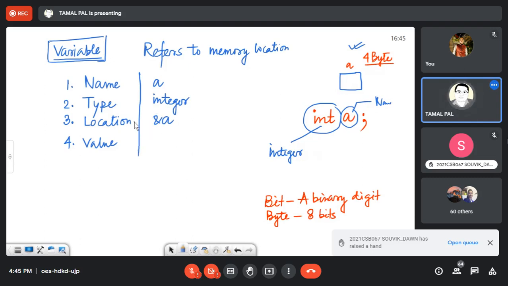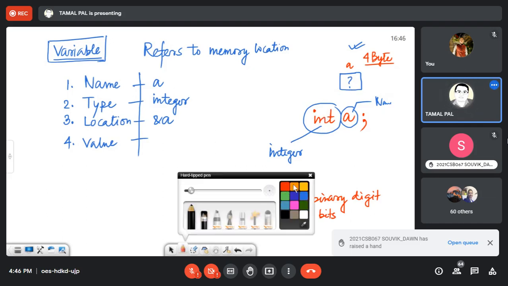And value is, right now when we declare in C language and before any type of initialization, its value is very unpredictable. That means it can be anything. Right now it is garbage. This quantity is known as garbage value.